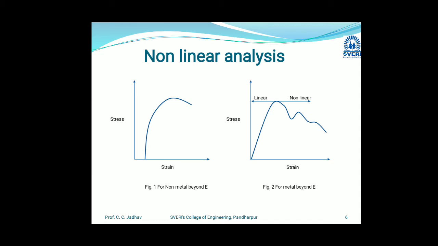Okay, so for the automobile, aerospace and ship industry, they want to know the exact value of the stress strain after crossing the yield point for the low cycle fatigue. Okay, so at that time they are using this type of analysis. So in that second figure you can see here, for metal, that metal curve follows a straight line up to the yield point. After that they follow the non-linear fashion. Okay, this is the stress strain curve.